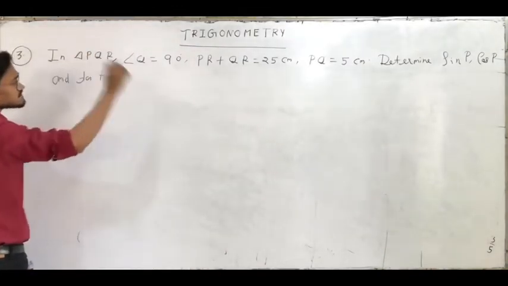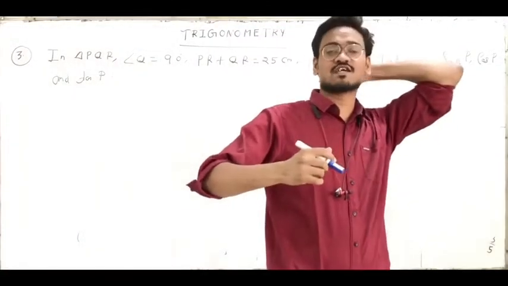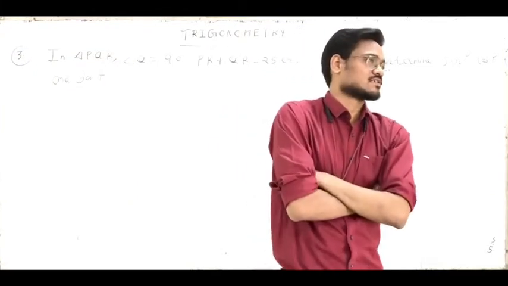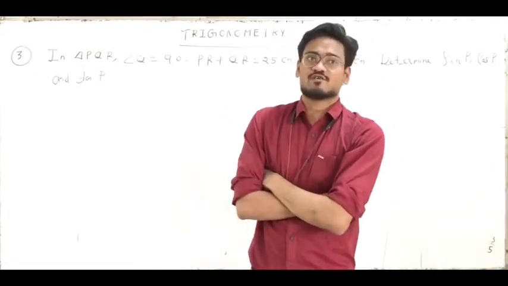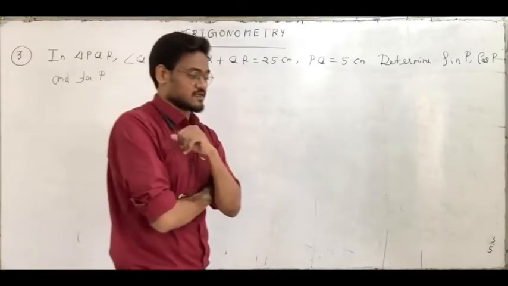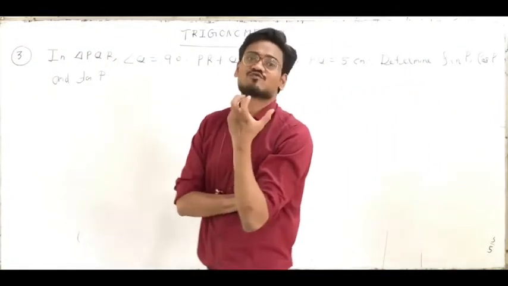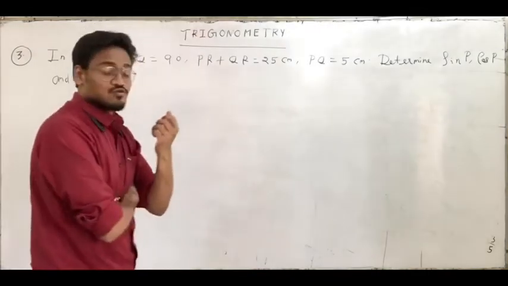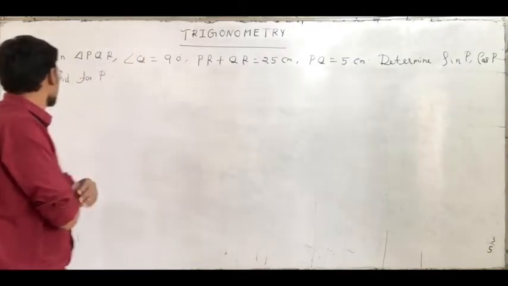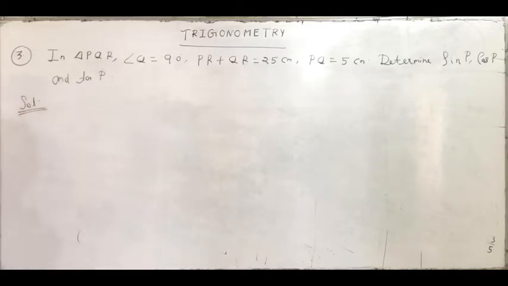Okay. See students, the last chapter we discussed was pair of linear equations in two variables. While teaching that particular chapter, I told you that we will use the concept of that chapter in the coming chapter. Now you will know how important that was. Okay, how to solve two linear equations in two variables. Okay, let us solve this. Solution. See, first of all we have to draw a triangle with angle Q as 90 degrees.